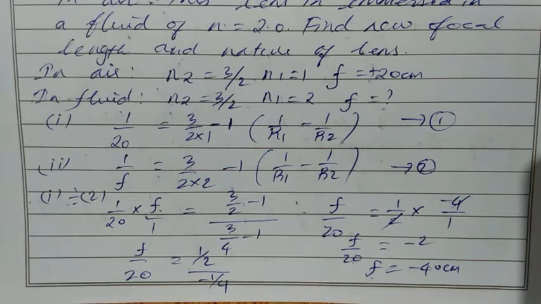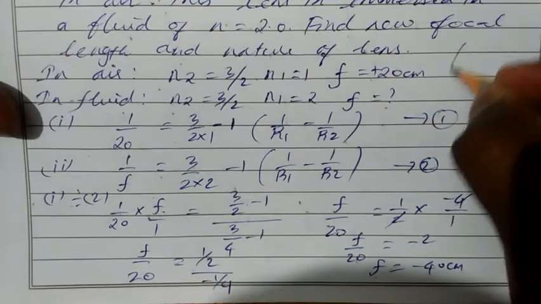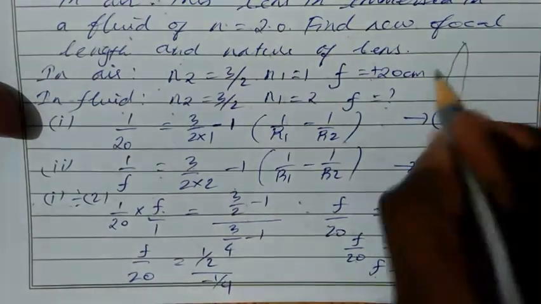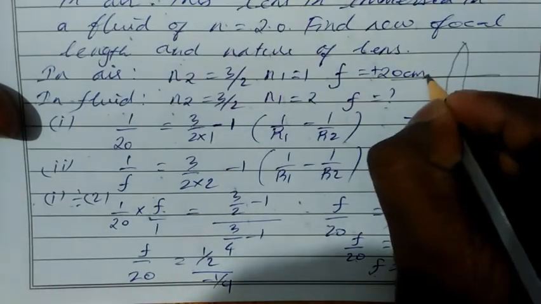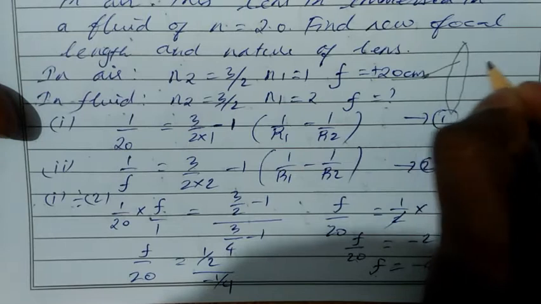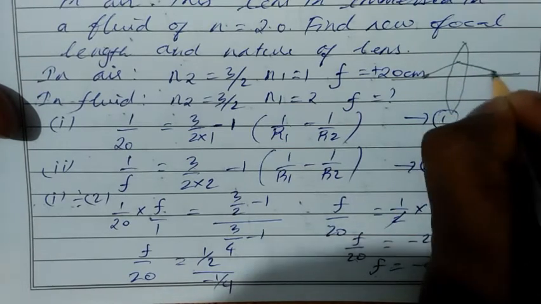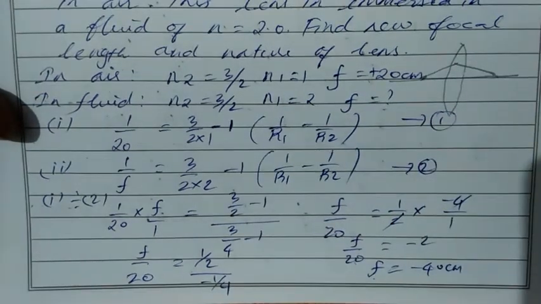For which lens we have negative focal length? Just think about it. So if you have a convex lens, so this is convex lens which is given in the problem. For convex lens, our object is placed here. So light rays goes like this and it will come here. See the ray diagram for convex lens.